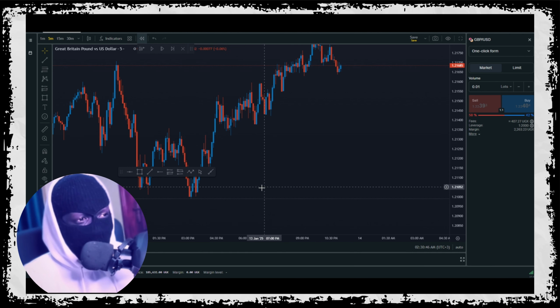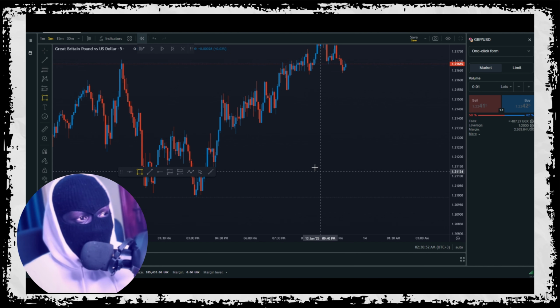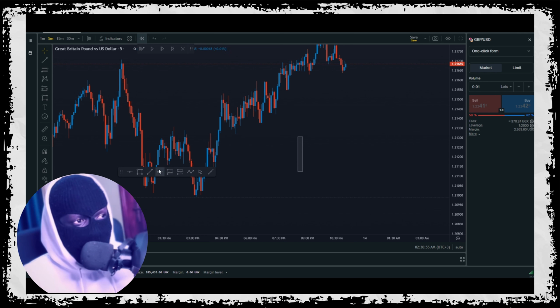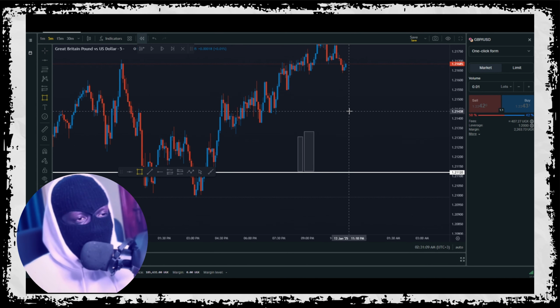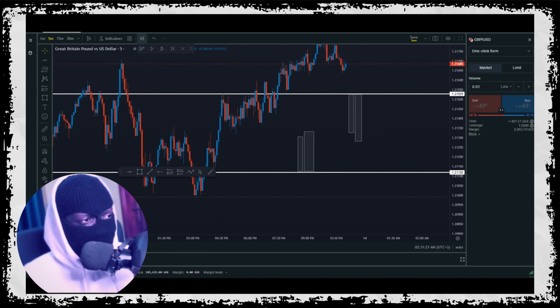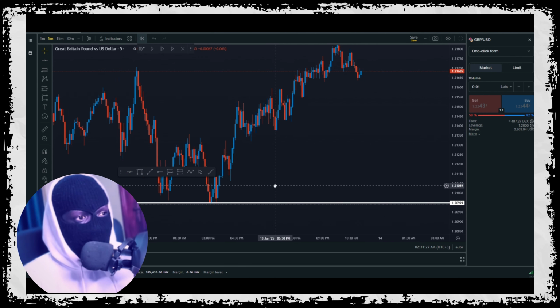So wherever you see the body of buyers and sellers, if this is the body of the sellers and that is the body of the buyers, I'll look at that as my level of support. And if these are my buyers and these come in as my sellers, that would be my level of resistance. So if I come here on my chart, I'm going to come here and identify that as my support,